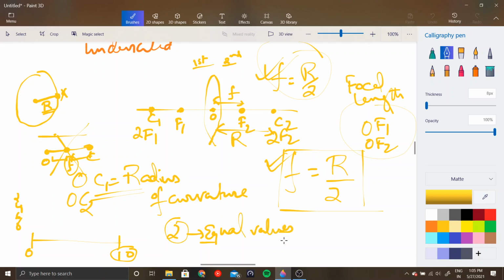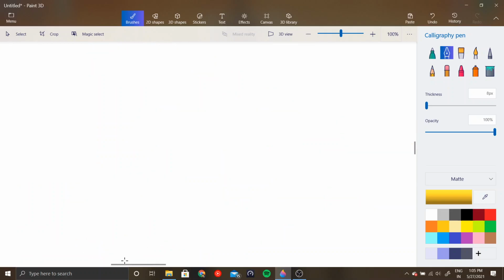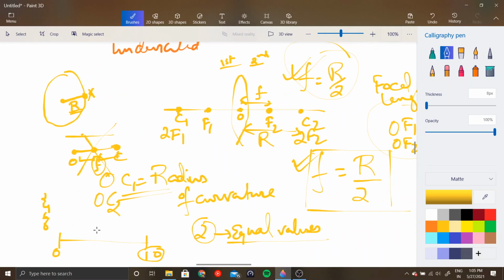You need to have 2 equal value coins such that their sum is 10. So what you will do is you will take 2 5 rupee coins, right? 2 5 rupee coins will result in 10, and these are the maximum possible. This is the maximum possible for which the two values are equal. If you have 4 and 4, it amounts to 8. If you have 6 and 6, it amounts to 12. So basically, if you have 5 and 5, it amounts to 10.